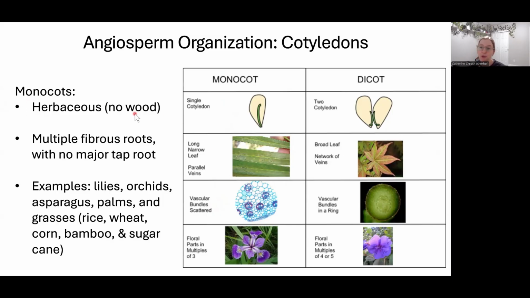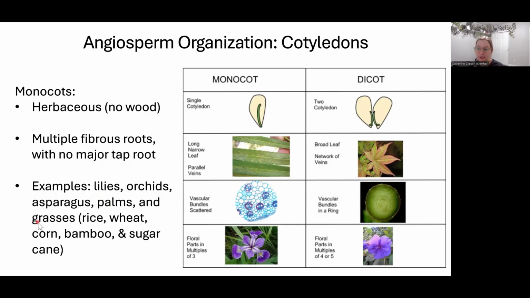Monocots also do not produce wood. So there's no true wood. They're herbaceous. Even though they can get big and they can get hard, they're not technically wood because they don't have organized secondary growth. They're going to have multiple roots, but no major taproot. If you want to visualize a taproot, think about a carrot or a parsnip or a daikon root. Examples that we know and love: lilies, orchids, asparagus, palm trees, not technically wood, even though they're a tree, and